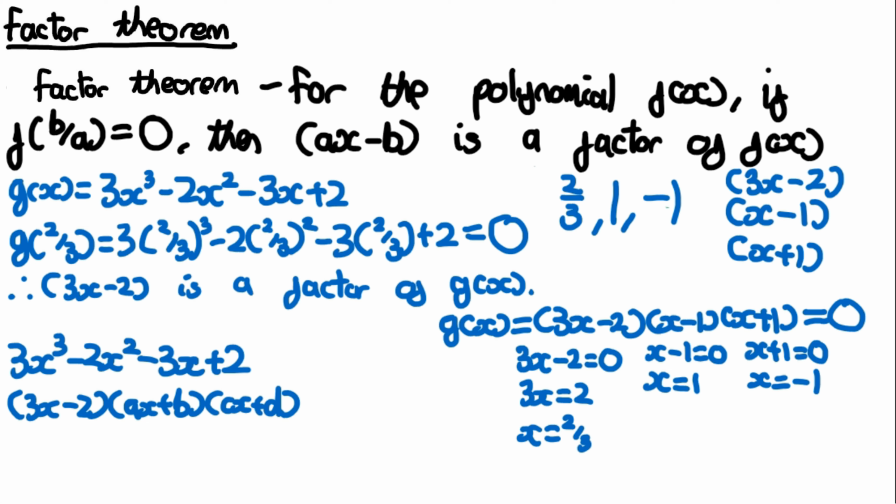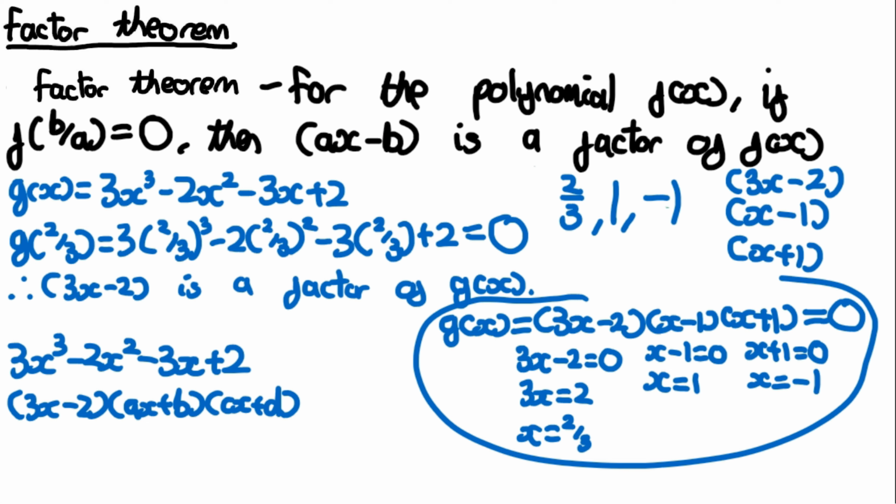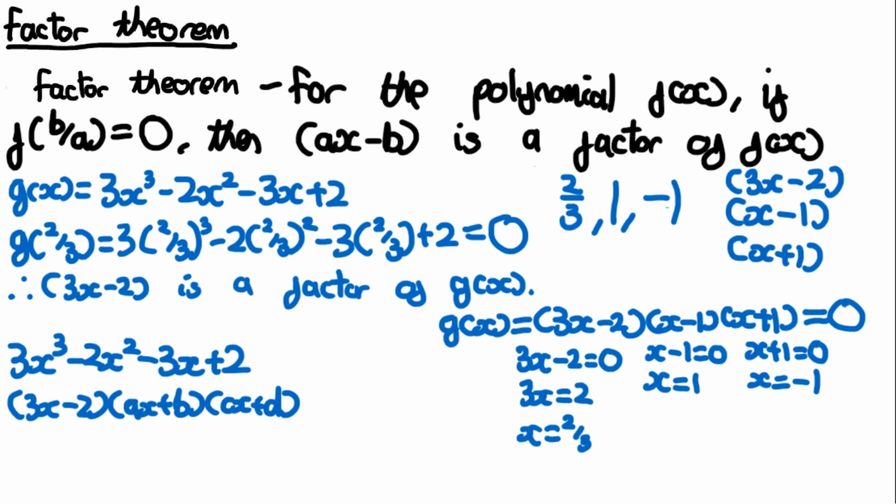Instead, I remembered this relationship of how it worked, and I just remembered that it is the reverse process of this process here of putting the 3x minus 2 equals 0 and finding the value of x. It's the reverse process of doing this, so I actually just quickly did this in my head logically rather than remembering this formula. So if I was in the exam and I got 2 over 3 as equal to 0,